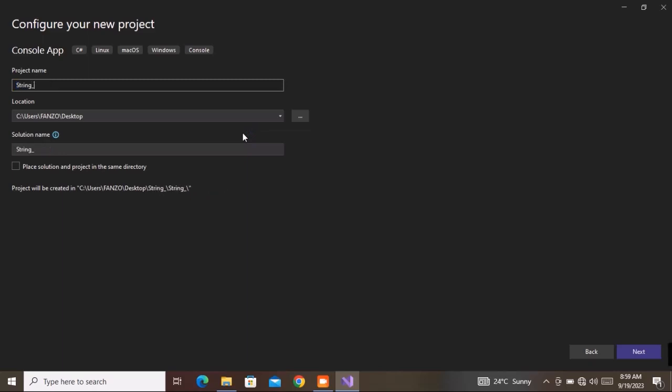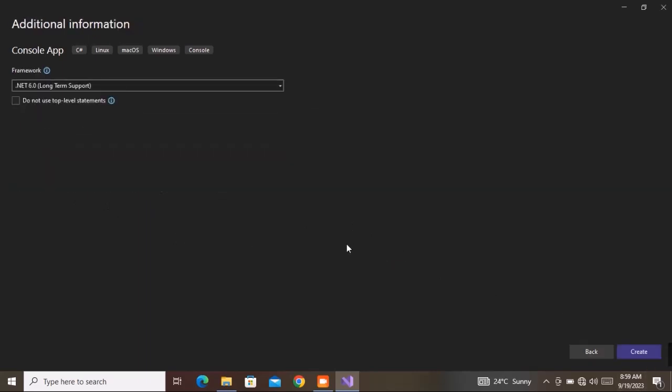So let me just say string data types. Okay, so I will save this on the desktop, leave everything as it is, just press on next, and we will be using .NET 6.0. You can go for .NET 7.0, that's your choice. So let's create the project,